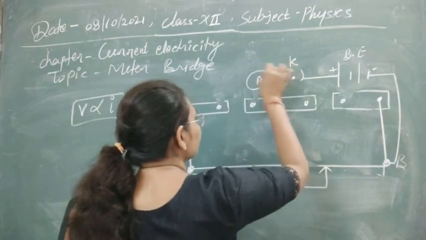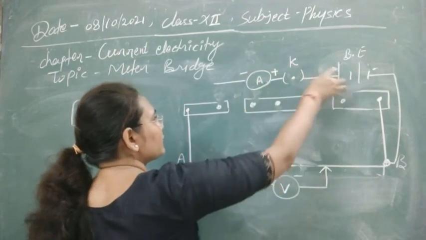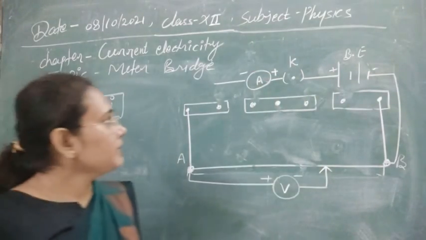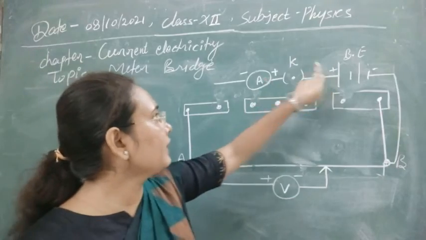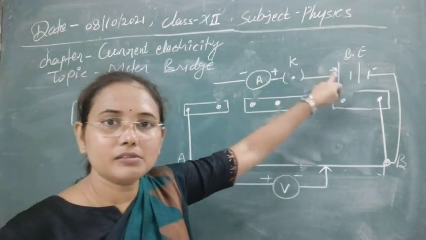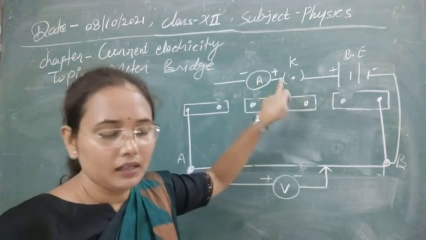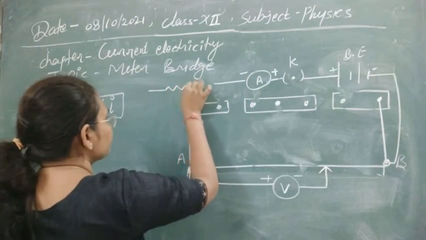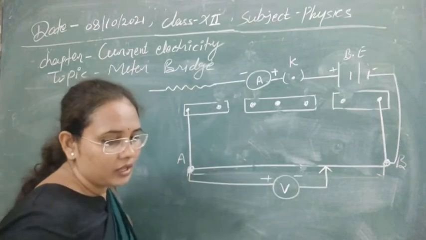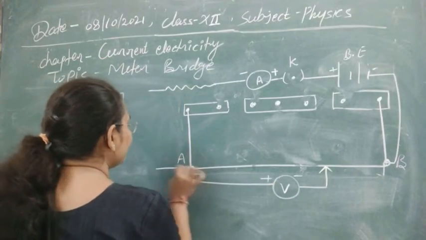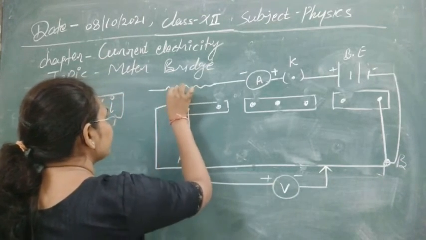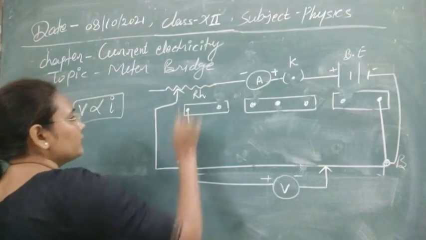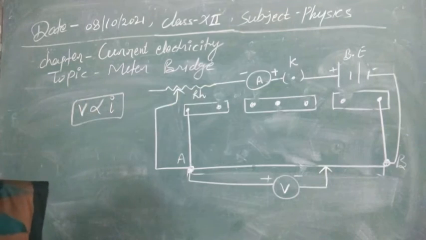We have to connect the positive and negative always. The ammeter will be connected with the positive side of the battery. The simple thing is that if here is the negative, then the ammeter's negative should be connected. If it's positive, then its positive should be connected. Otherwise current will not flow here. The next thing that we will use here is the rheostat, and that rheostat is now connected. One end of the rheostat is connected here. So these are our connections for the verification of Ohm's law by using the meter bridge.